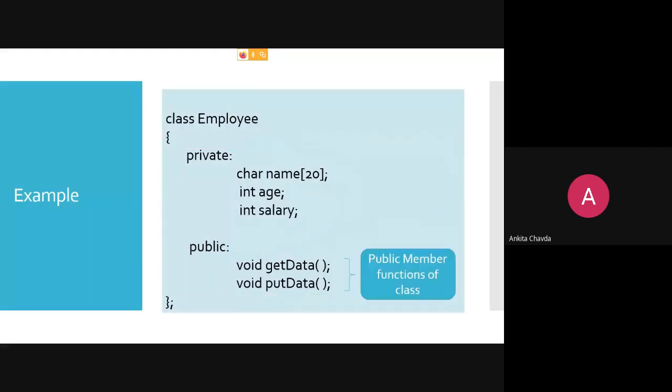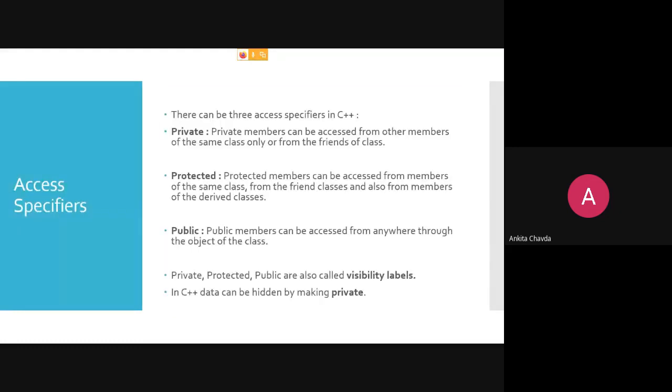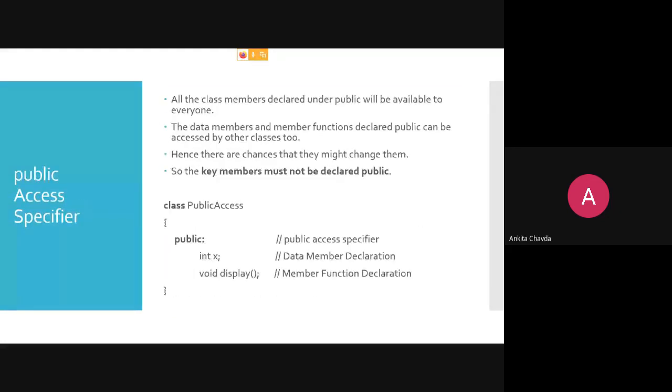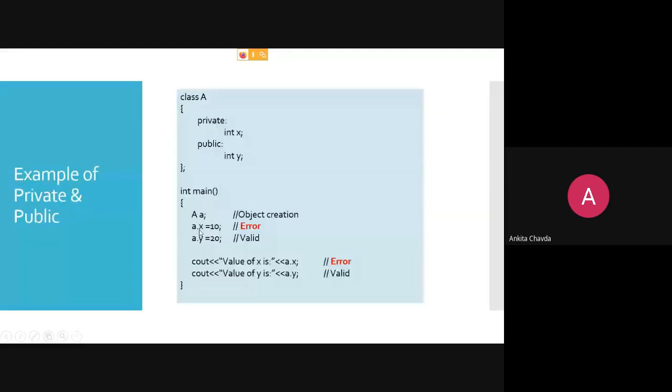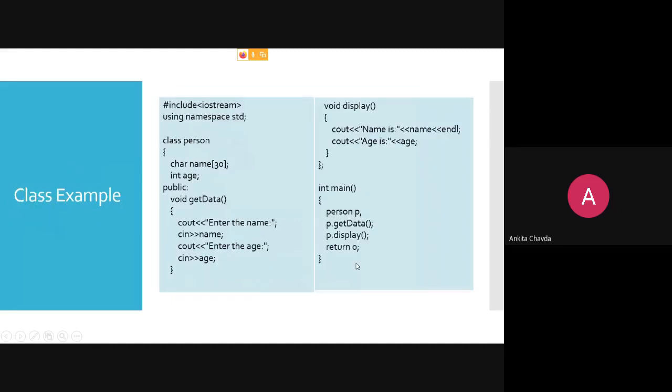And we have seen what is private, public and protected. And we have seen one example of access specifiers. This is not the valid one, right? Because you are accessing the private member from outside of the class, that is in your integer main. So this is the error. You cannot do this. Same way, the value of x this way is again an error. You cannot do this.